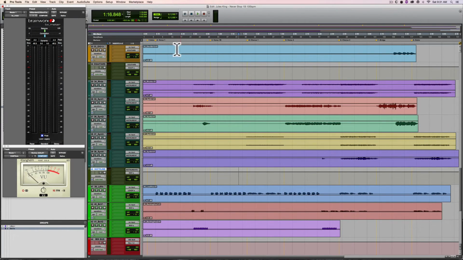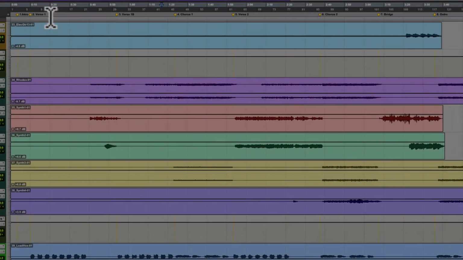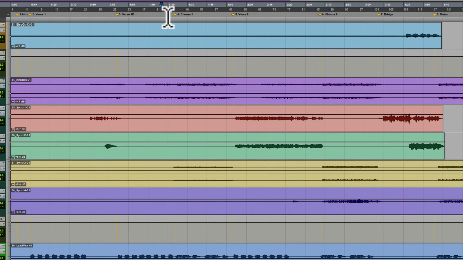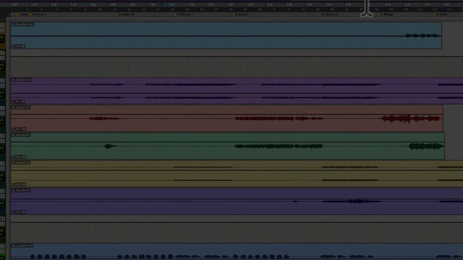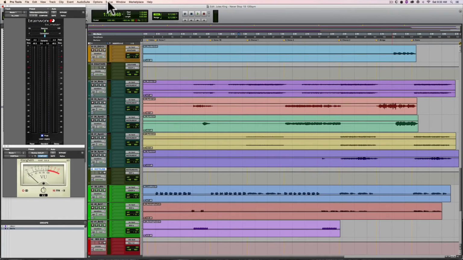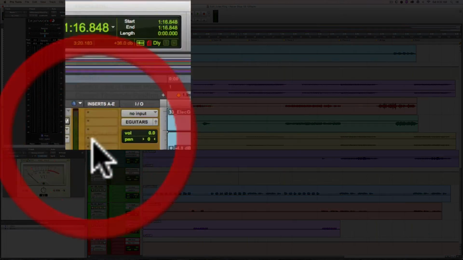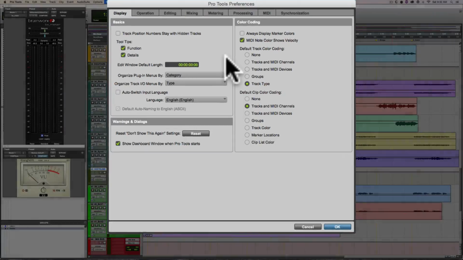Okay, if you notice here, the markers are just blended in with the gray color of the ruler. So what I'm gonna do is I like to have colors on my marker so I can see separation on the different stanzas. So I'm gonna go to setup and I'm gonna go to preferences, and then I'm gonna go to